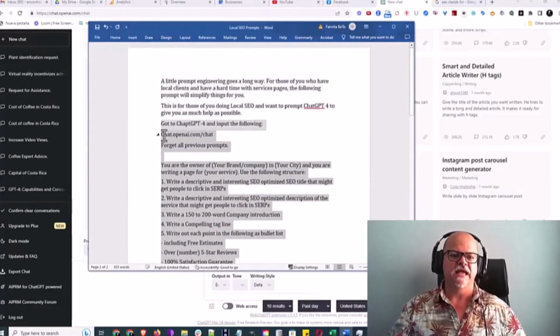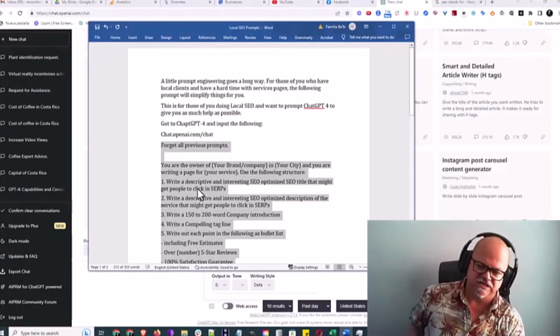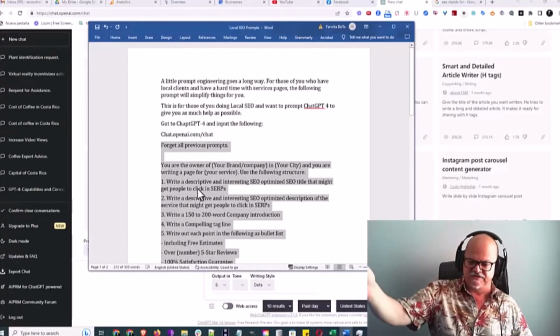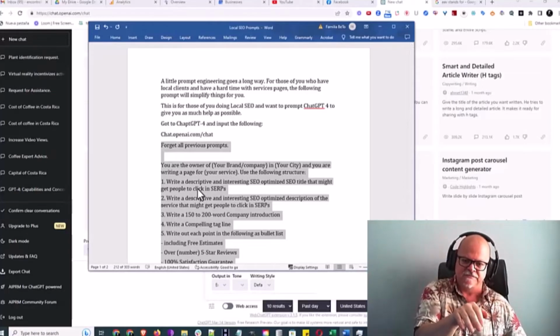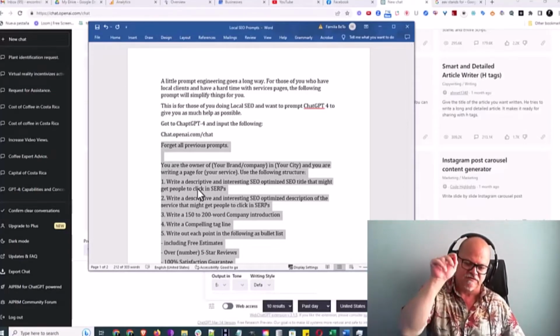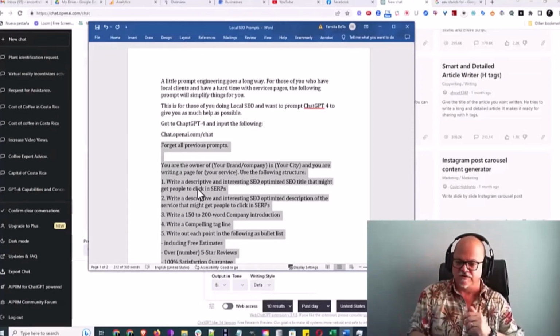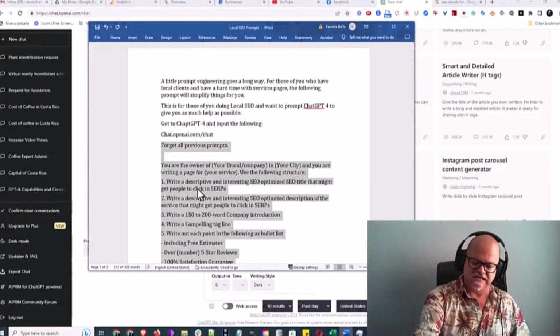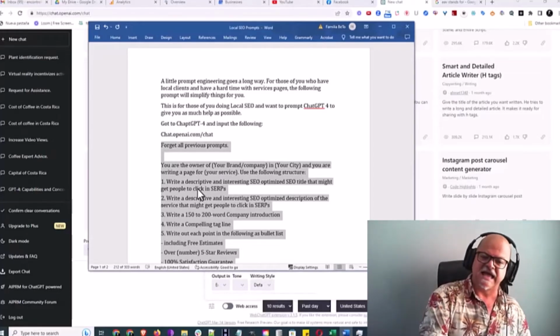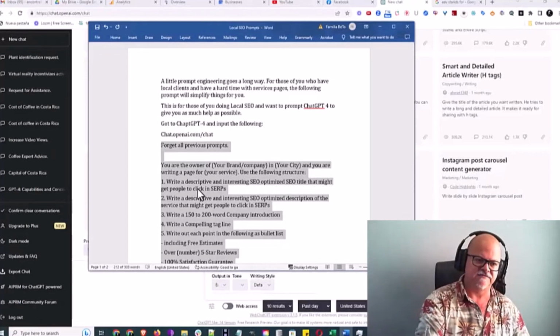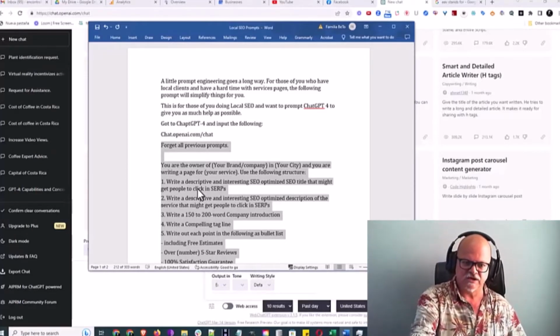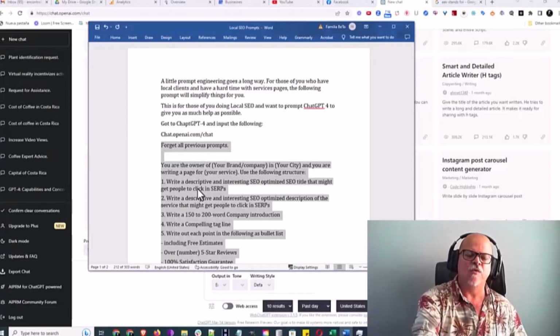Let me go ahead and copy that. And I usually tell it forget all previous prompts. I copy that part into it because I might have been having a previous conversation about a different subject. And you have to remember that this is a chatbot and that it can sometimes hold information about other chats, and that can lead it to giving you the wrong information, especially if it's pretending. If you're telling it, let's pretend, let's make believe, let's act like, let's act as if. Tell it straight out. You are. Tell it what it is and what you want.